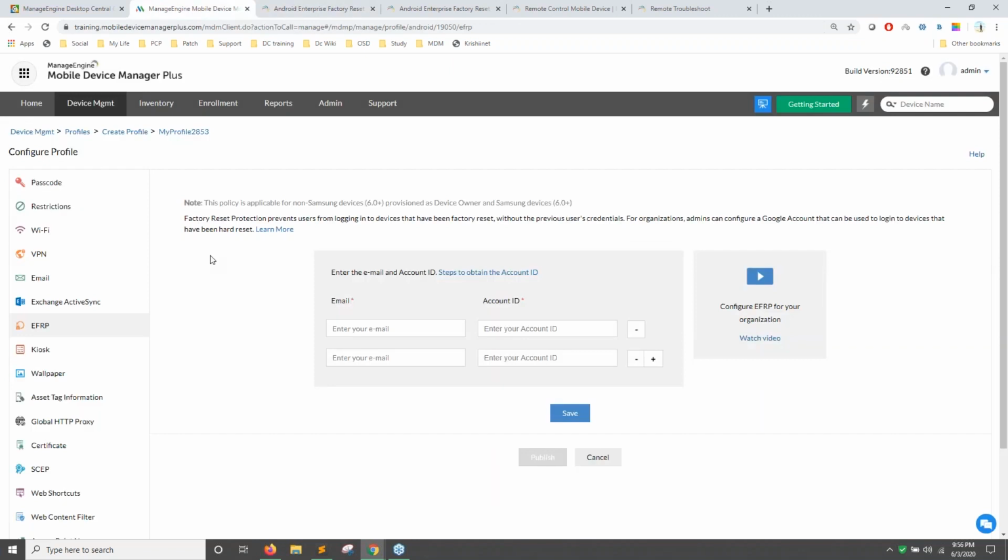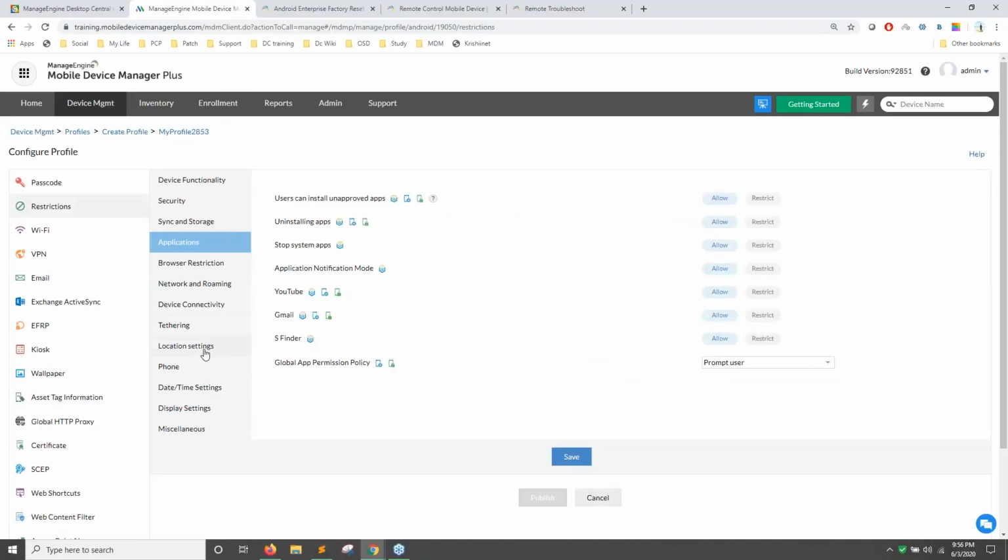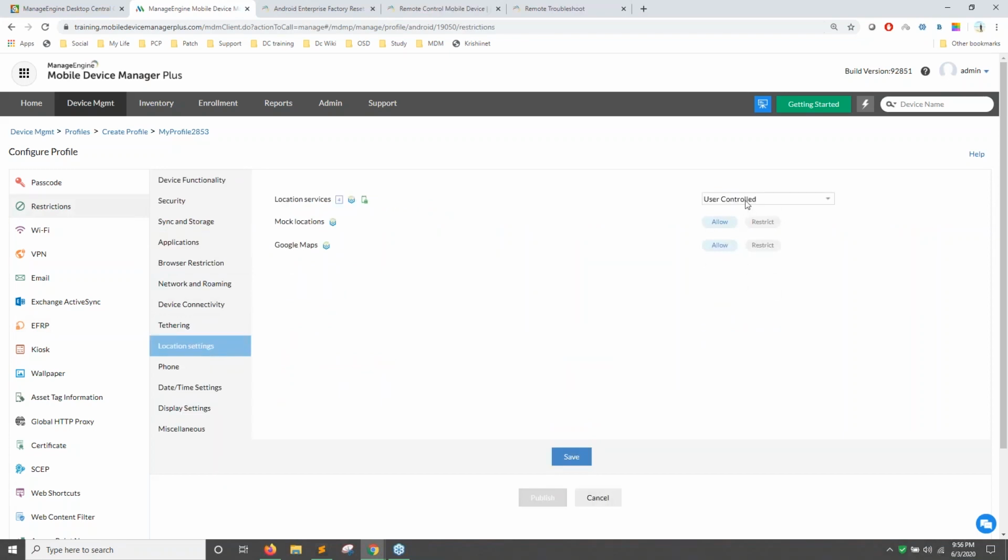And the third scenario is how we can prevent users from turning off location on the Android devices. In the same way, you can go to the restrictions again. You have location settings here, and I'll choose always on. In case you want to track the device location all the time, we also have location history tracking. If you wish to track the movement of your employees or the users' managed devices, you can go to the inventory section